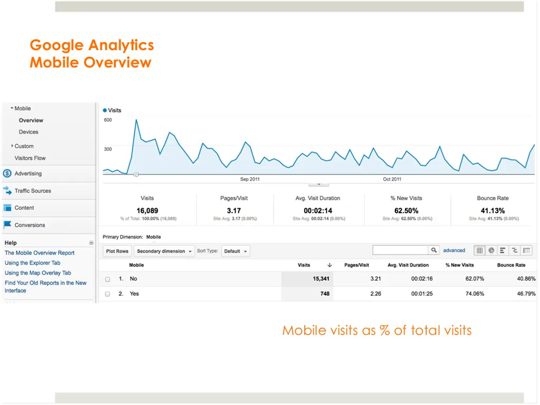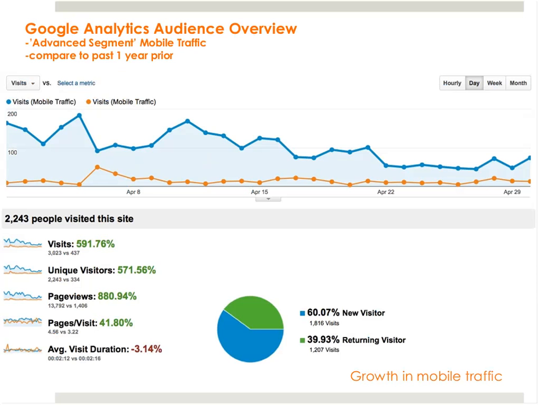So the first most simple report is when you go into the standard reports in Google Analytics, you'll see the audience reports, and under that is mobile. The first you can go in and have a look at is the mobile overview. This is where you're going to see down below in the table the comparison between your mobile visitors versus your non-mobile visitors. And typically, unless you've got a mobile site that you're tracking, your mobile visitors will be quite low. Anything from 5 to 15% we're finding is typical at the moment.